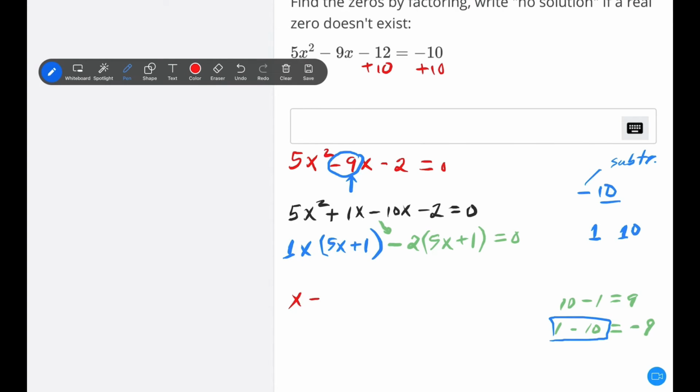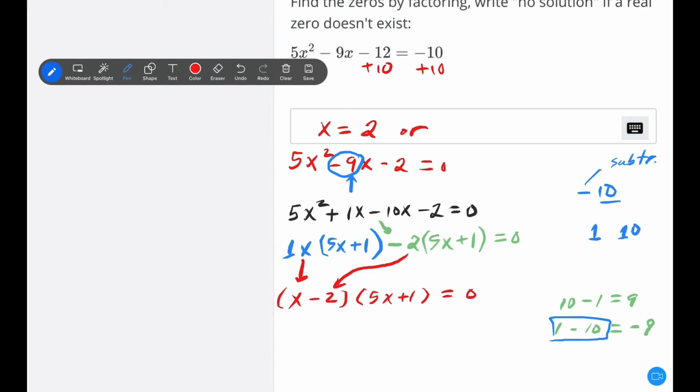So we have x minus 2. For those of you who don't know where I got this from, that's from there, and that's from there, okay? And 5x plus 1 equals 0. All right, so when you solve for this right here, you look at that right there: x minus 2 equals 0, which means x equals a positive 2,